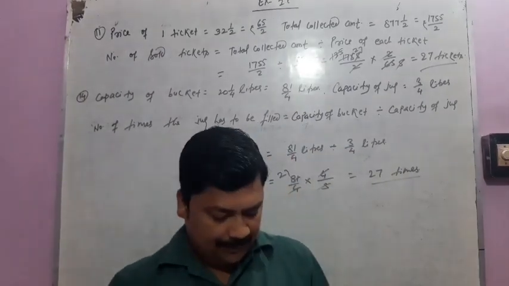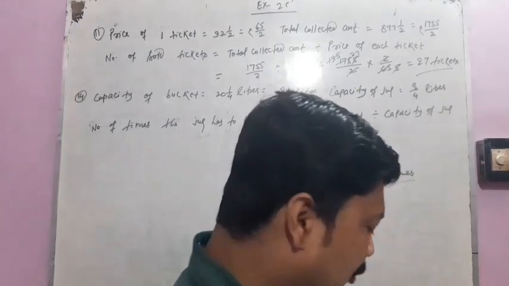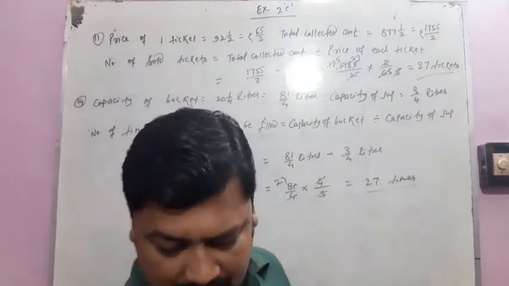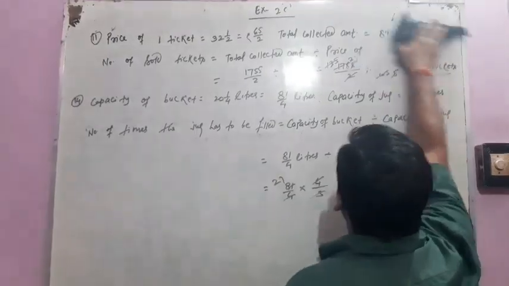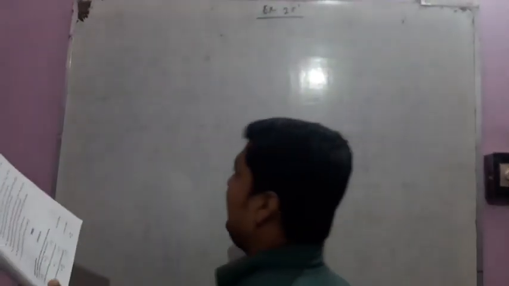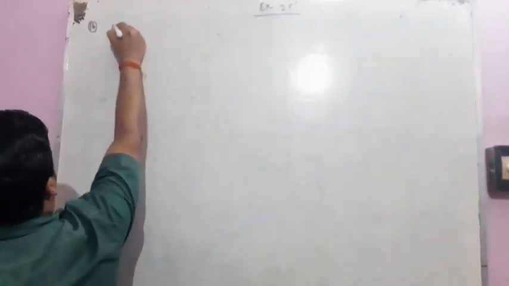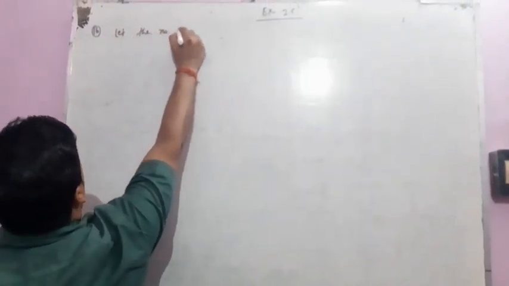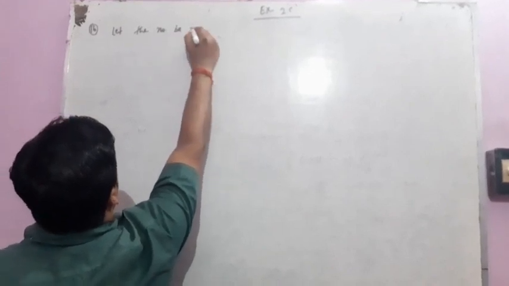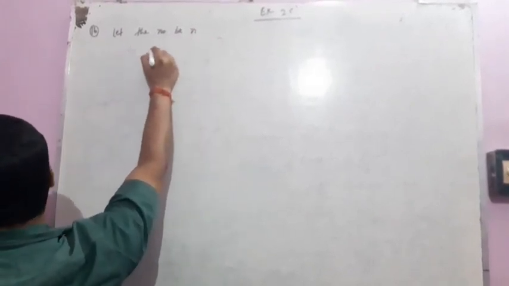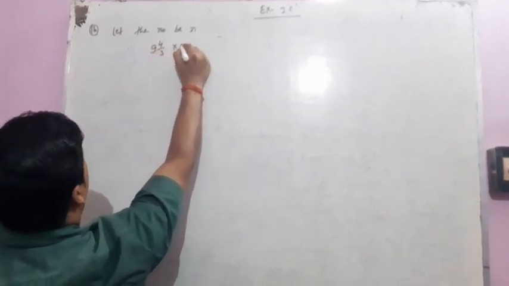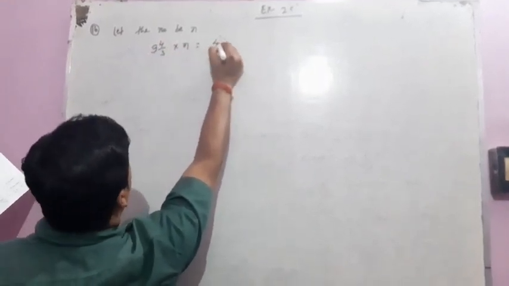Now question number 15 and 16 both are same. So we will look here question number 16. But before that we have to make it clean. Now in question number 16, by what number should 9 whole 4 by 5 be multiplied to get 42? For this we consider the number to be x. Let the number be x. So if 9 whole 4 by 5 is multiplied with x, then the result will be 42 according to the question.